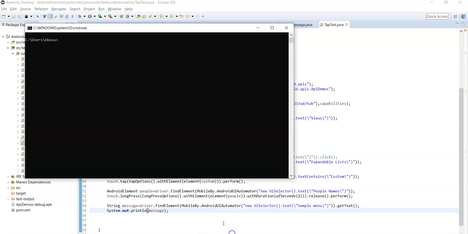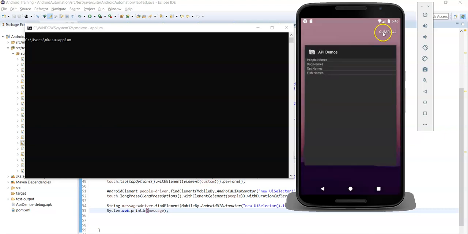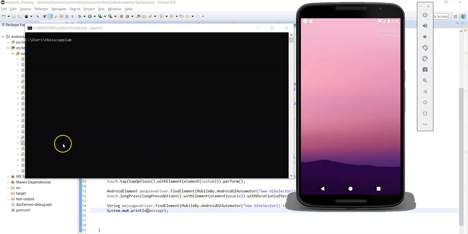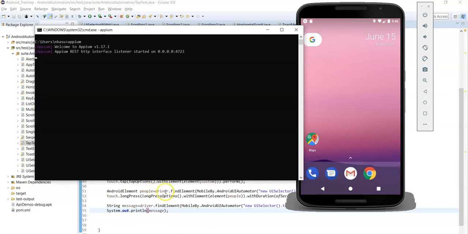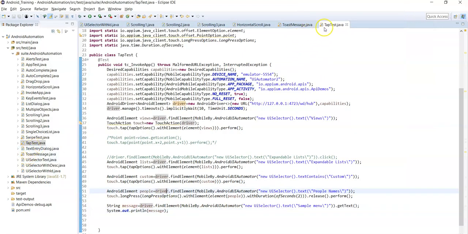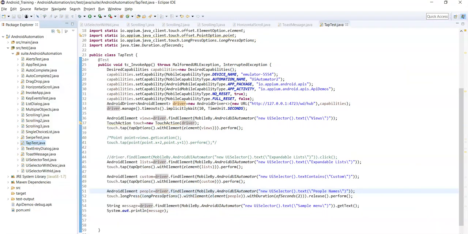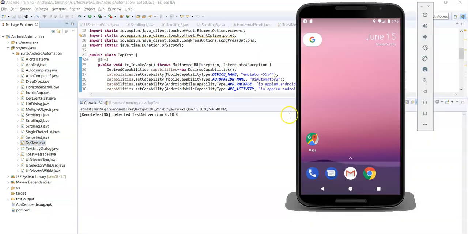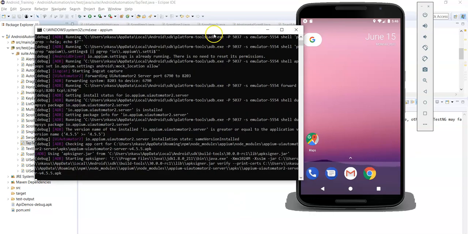Okay, so for that first we need to start the Appium server and then close the app. You can see the Appium server is started. Now let's run the tap test class. Run as TestNG test. You can see the execution here. You can also see the logs from the command prompt as well.